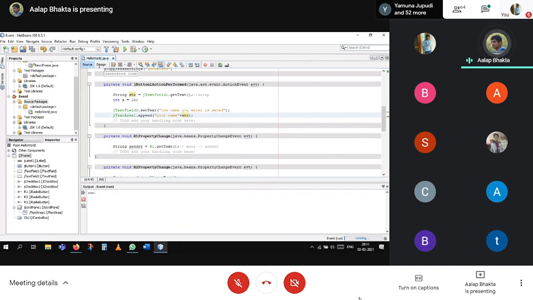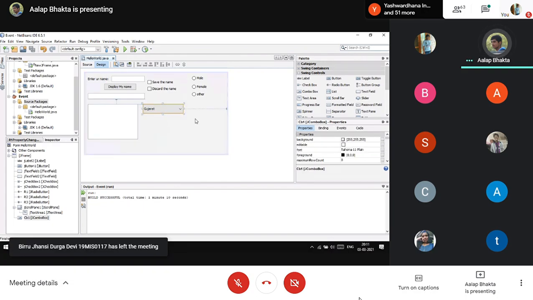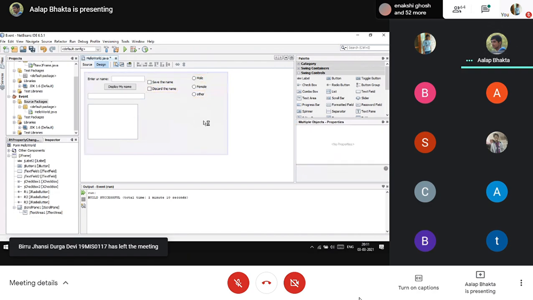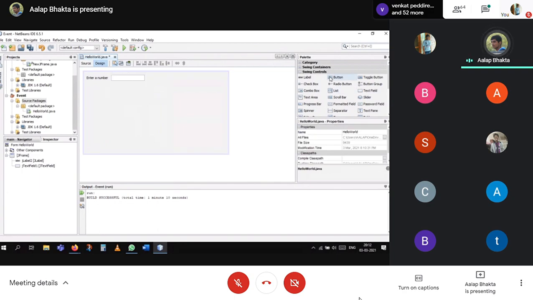So right now we are seeing this hello world thing. The next thing was the basic calculator. I want to do a basic calculation. So enter a number, or a user will input a number over here.